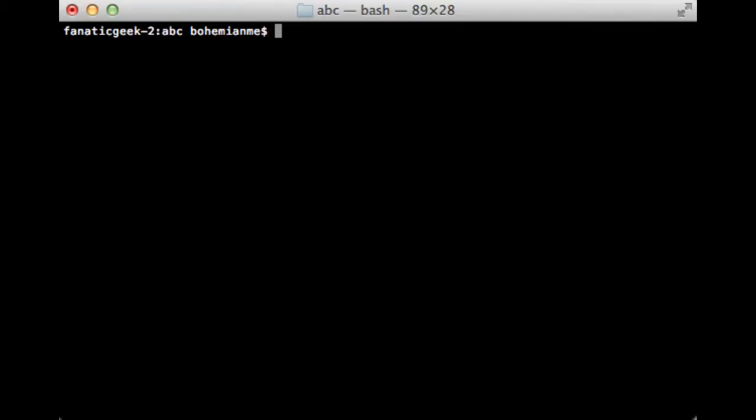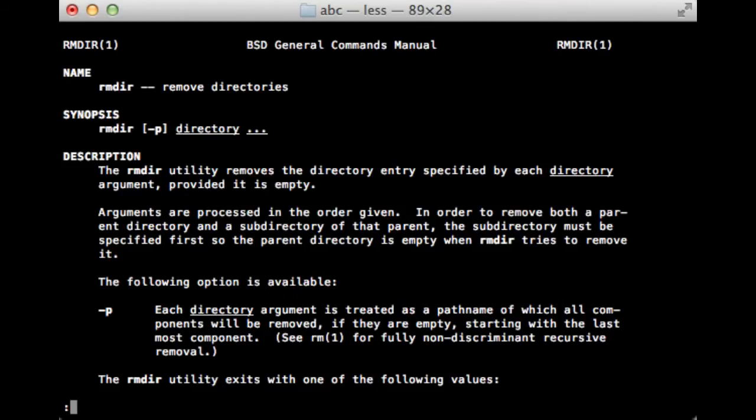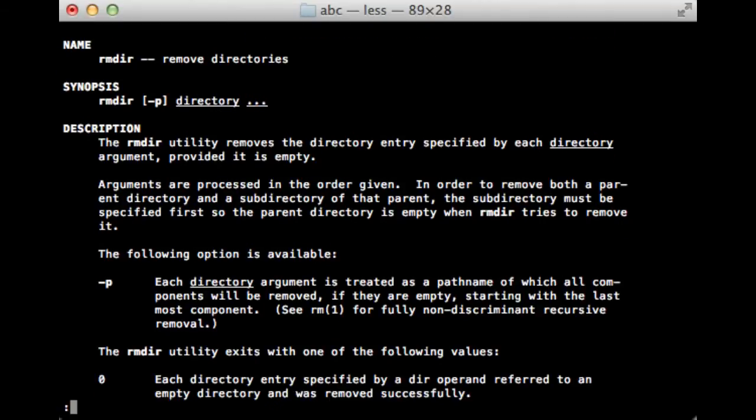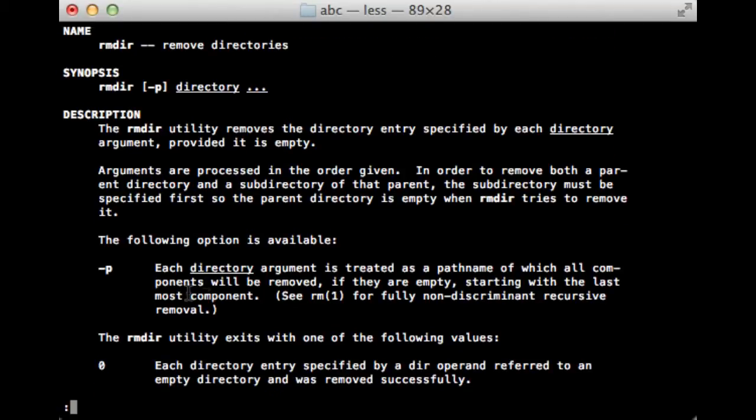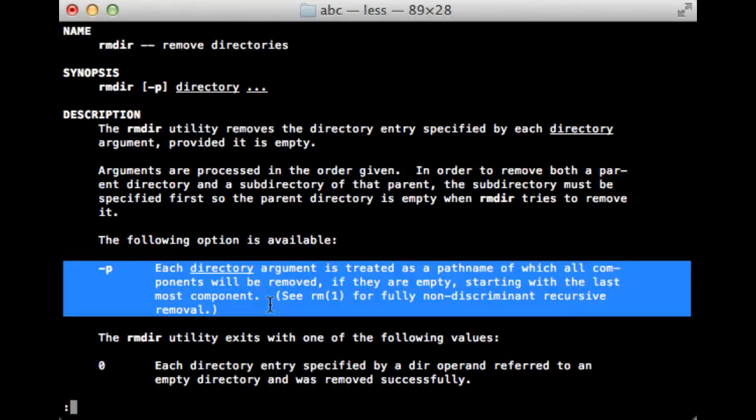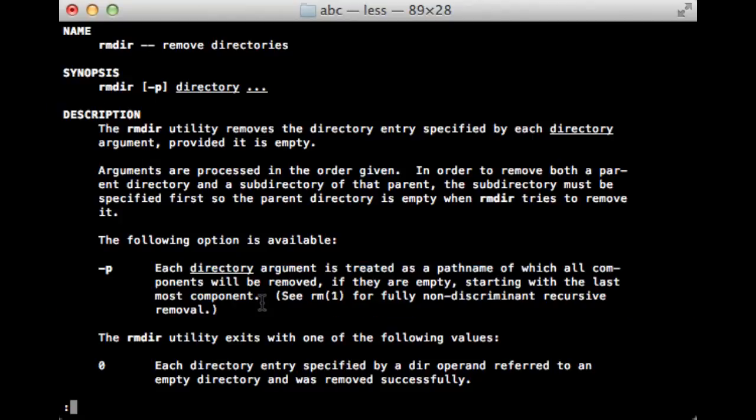So let's study rmdir for a while. So let's start with the manual page. So it shows it removes directory specifically. And then there is -p again, which is used for removing the ones which are inside a folder.